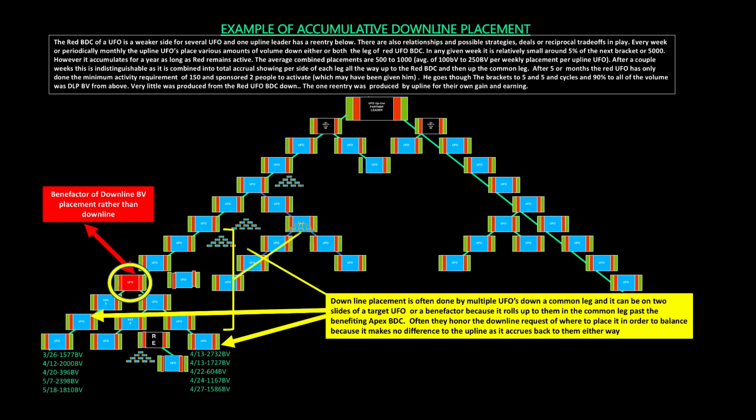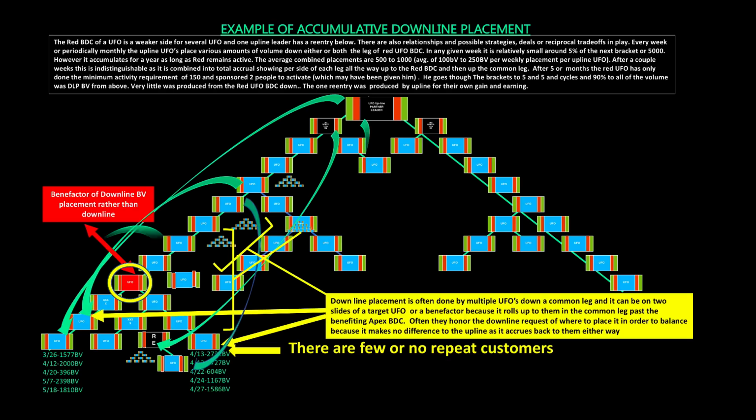So a person can actually earn a check from weekly and monthly placement from several people above that have good reason to do it, that aren't doing anything wrong. And so you see all of these green lines going down. This is where people were placing the volume. And yeah, there's a relationship. It benefits them. There's nothing wrong with downline placement the way the rules are now. And they have a legitimate reason to do it economically, but the red BDC tells them, hey, can you put it on my right? Can you put it on the left?